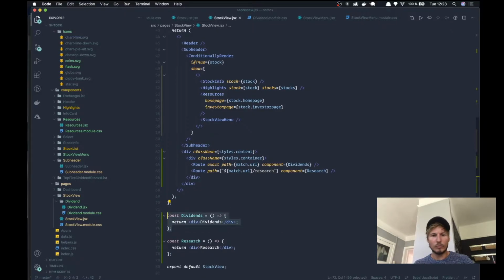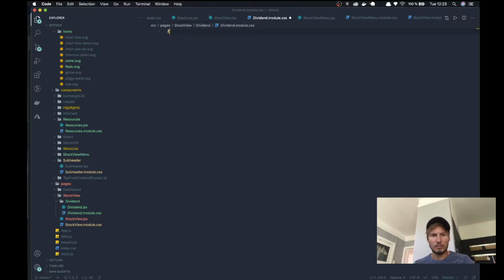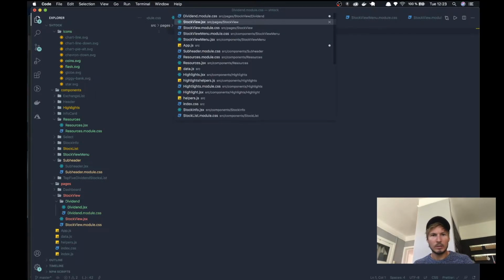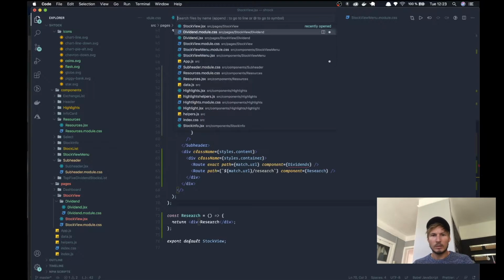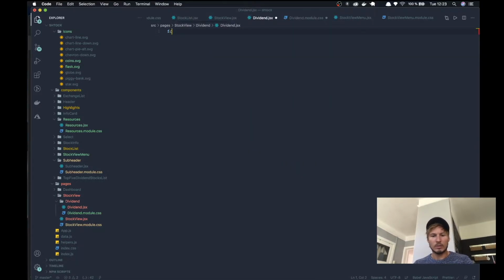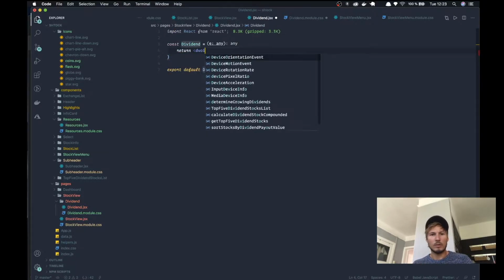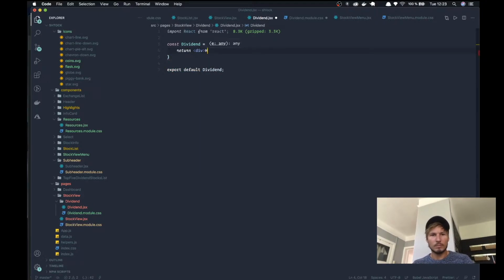So let's remove this, and we'll go ahead and create the dividend component. Return hello world for now,